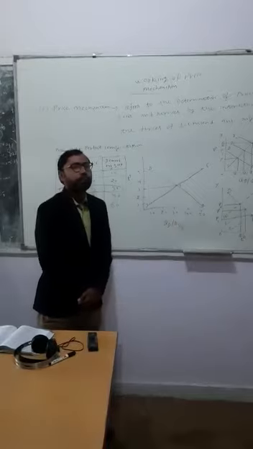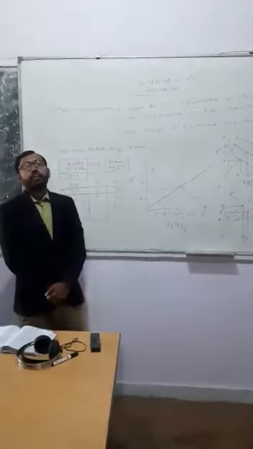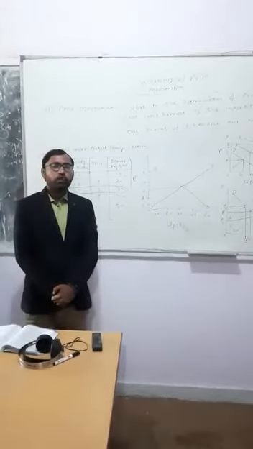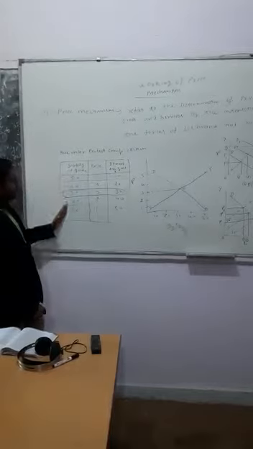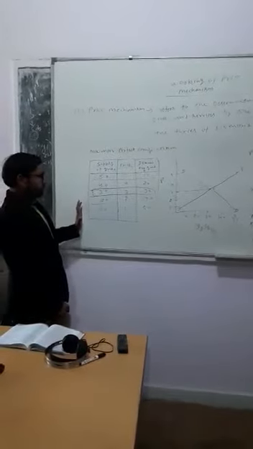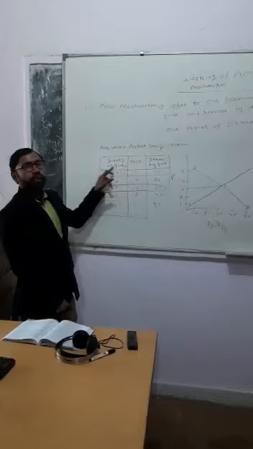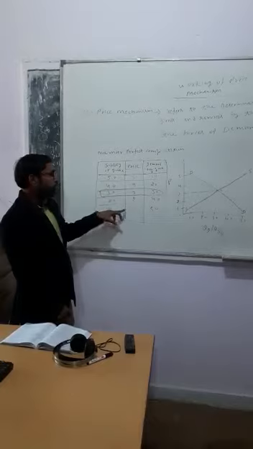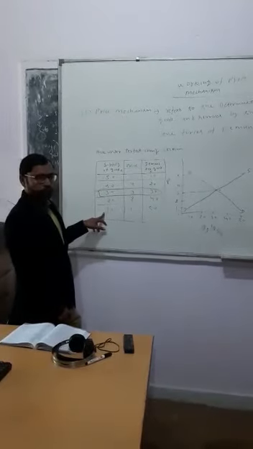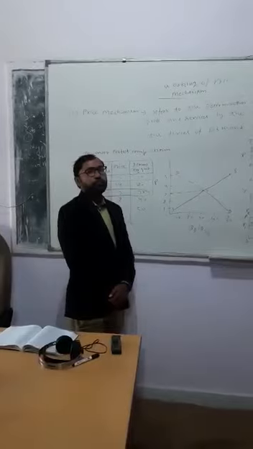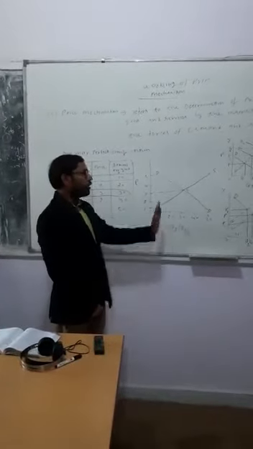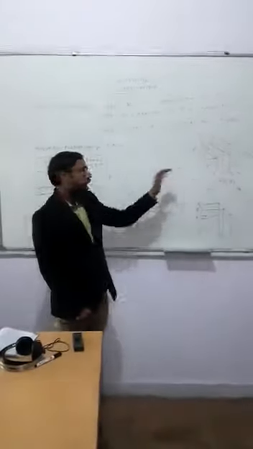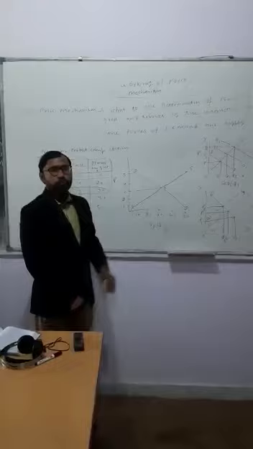Next is our supply. According to the law of supply, there is a positive relationship between price and quantity supplied, other things remaining constant. Here this is the schedule. When price is 5, we supply 50 units, and when price falls from 5 to 1, we supply 10 units. So there is a positive relationship between price and quantity supplied. This is our supply curve, positively sloped, and this is the demand curve, negatively sloped.